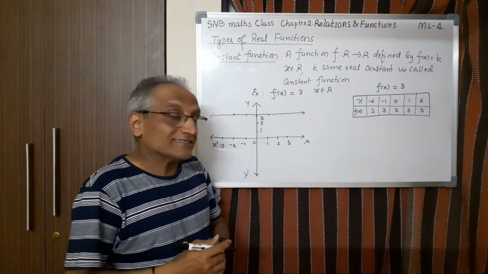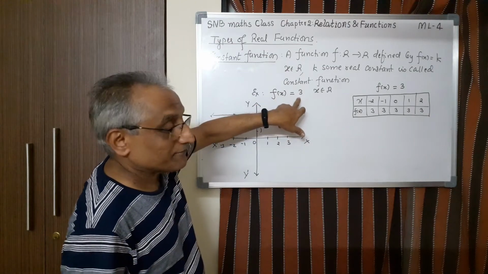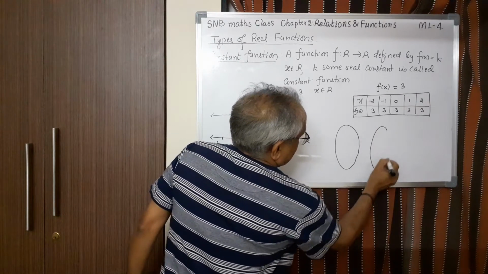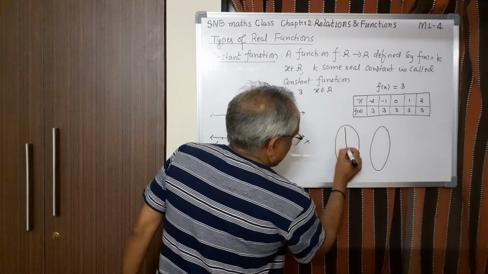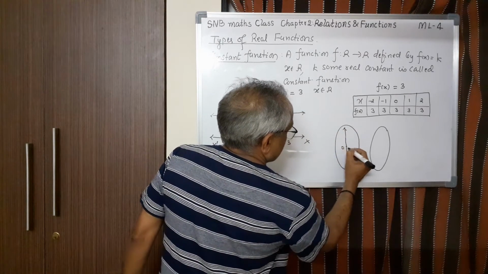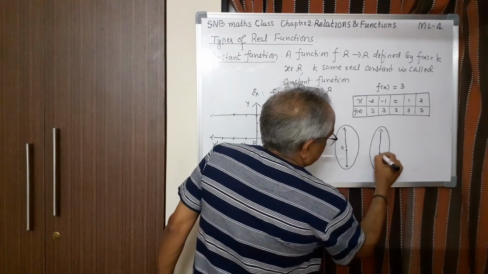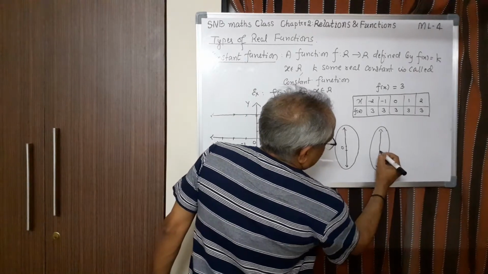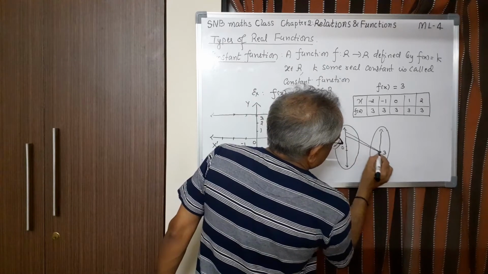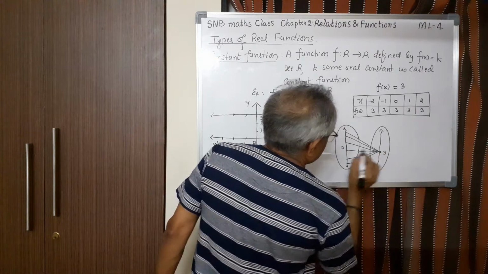Why is it called constant function? Because whatever may be the value of x, it is going to 3 only. And diagrammatically, if you use a ray diagram, it is still convincing. Say this is the real number line. Let me show like this. This is the real line. So 0, to this side let us take 1, 2, 3. This side minus 1, 2, 3. This is also a real line. But say this point is 3. Let us say all the values are converging, going like this. So this is the nature of the function.